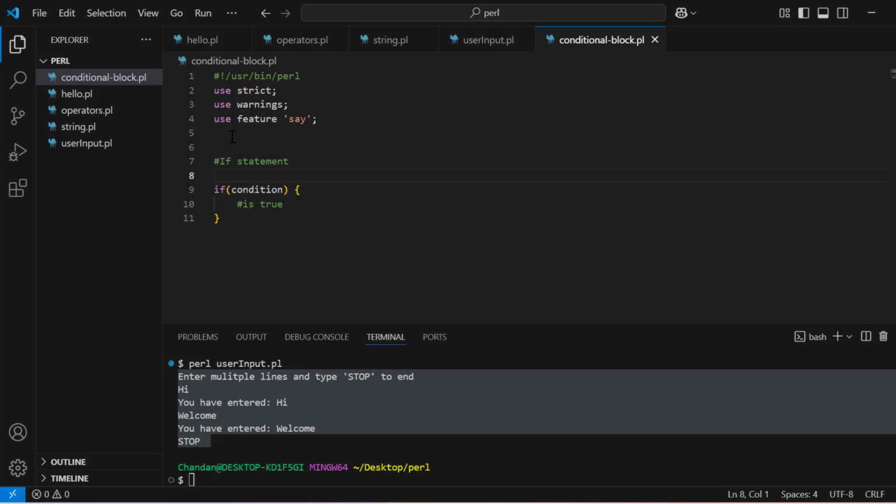For example, I'll say my $age equal to 18, and I'll add a condition that if $age is greater than or equal to 18, then only execute and print here. Since we have used a feature say, instead of say you can use print as well. So I'll say you are eligible to vote,